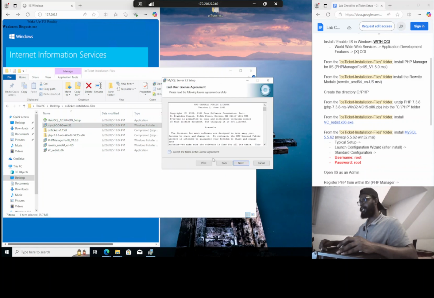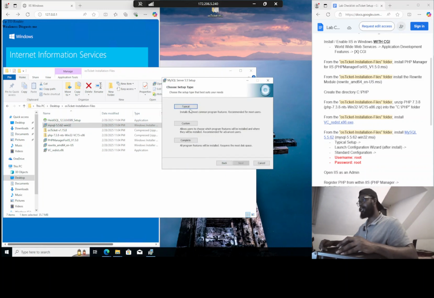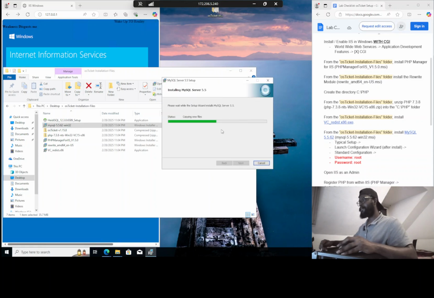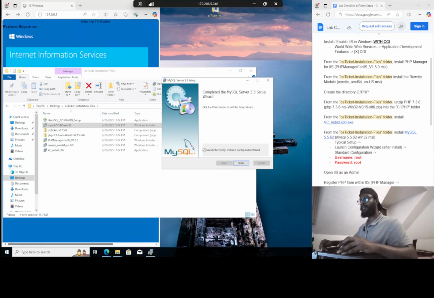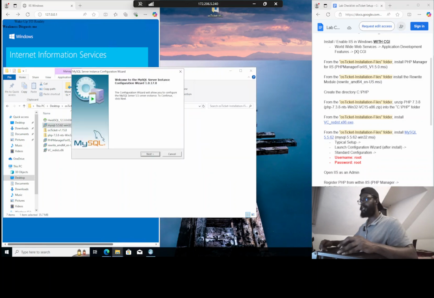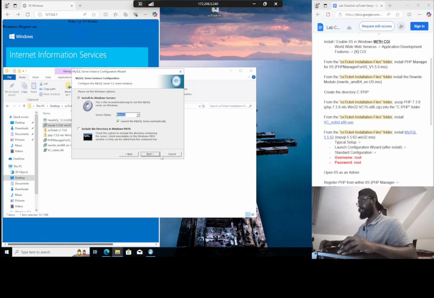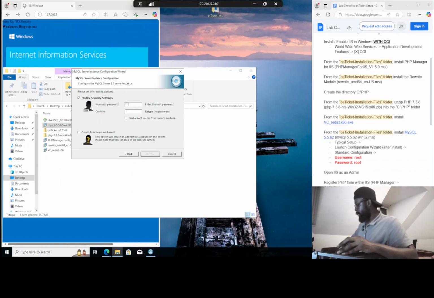Next, accept terms, next, typical, install, and then we'll make sure this is ticked so we'll launch it automatically, and then we'll do next. Then we'll select standard configuration as it's here, and we'll just leave this as it is. For the purpose of this lab, we'll name both